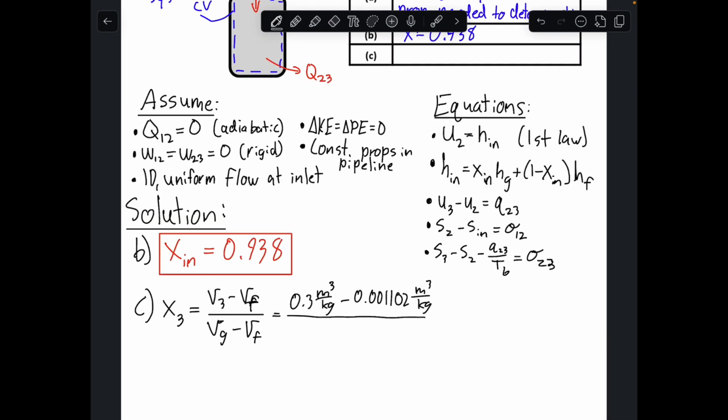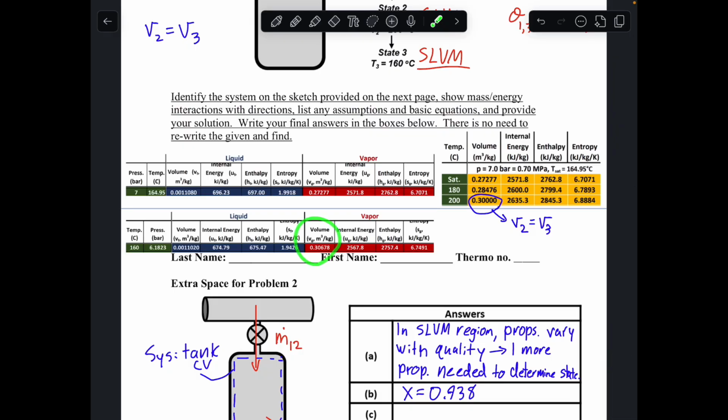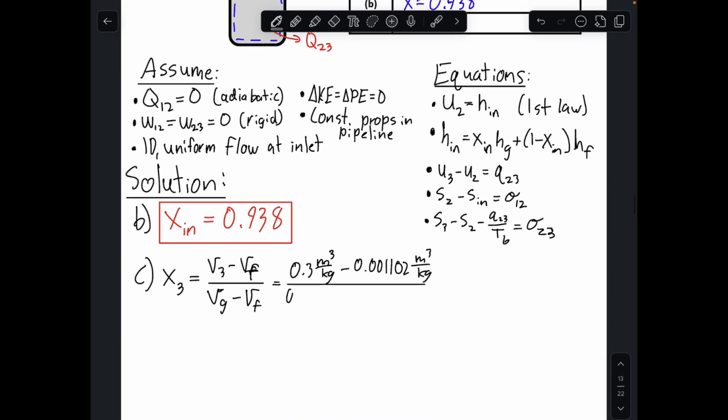And then we divide by our VG, which is this value here, 0.30678 meters cubed per kilogram, minus this same VF value, 0.001102 meters cubed per kilogram. And so the quality that we should get at state 3 should be equal to about 0.978. So we're pretty close to the saturated vapor side, but this will be our quality from